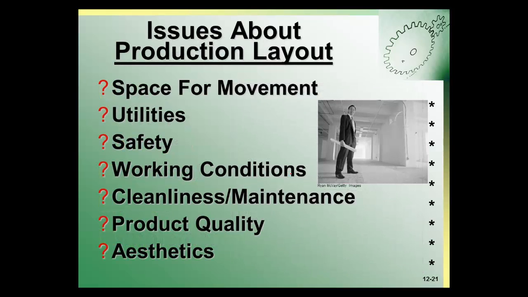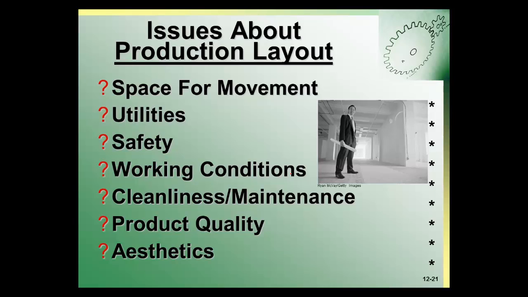So before we wrap up the discussion on facility layout, let's focus on some issues that should be considered when you are planning a production site. You always want to allow sufficient space for movement. And we're not only talking about the movement of the employees, but also sufficient space for forklifts and hand trucks, transport vehicles, and conveyor systems. We want to have a very good estimate of our energy usage and in what parts of the plant the energy will be focused, making sure that there's a sufficient number of electrical outlets, fuse boxes, alternative energy sources, safety equipment, and proper lighting. It's an important part of the planning process as well.